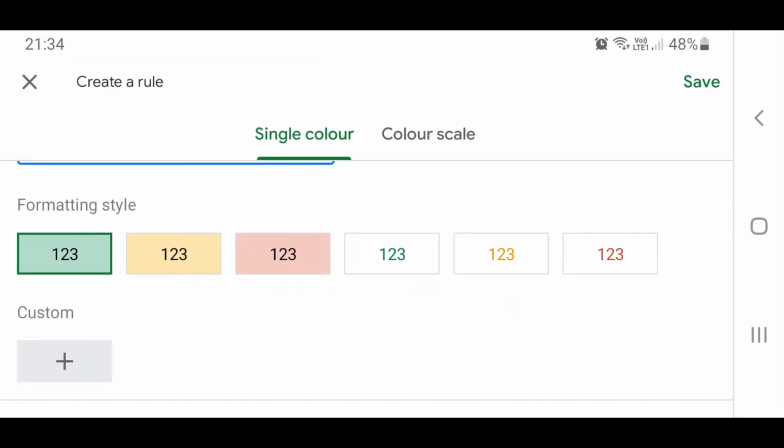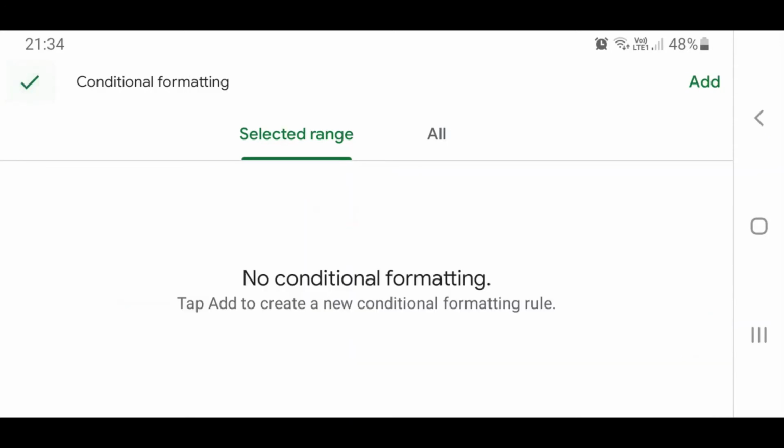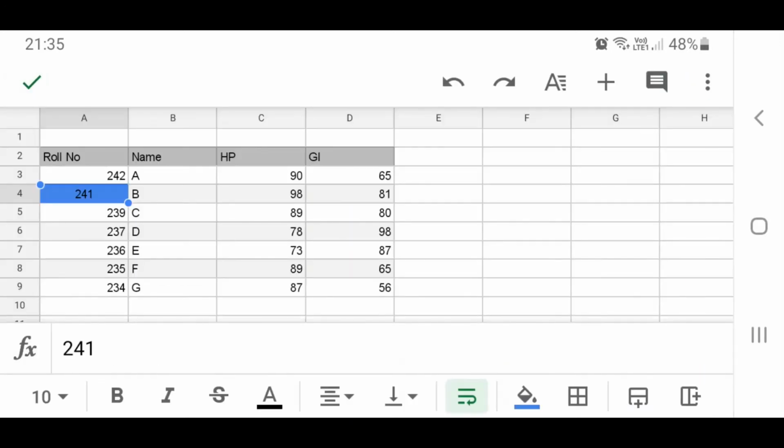You can choose either of these, or you can create your custom formatting style. I'm just going to show you the custom formatting style. You can choose the color. You can fill the cell with a particular color, and you can decide the text color. So this is the basic conditional formatting that you can provide to your cell.